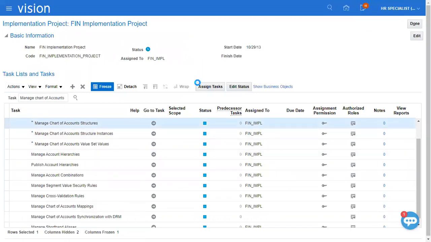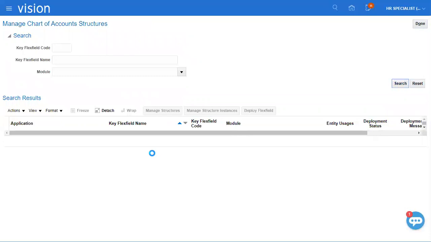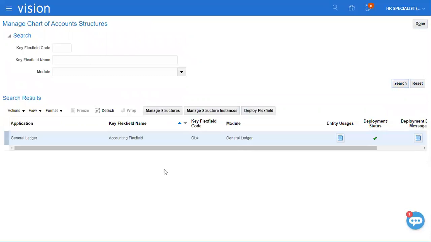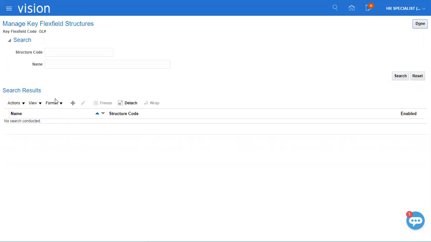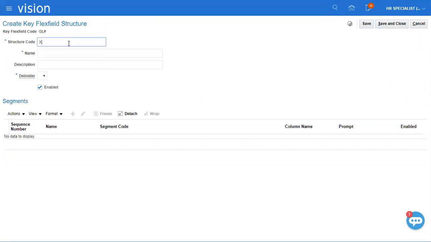We already discussed the key flex fields, descriptive flex fields and value sets on our website, and you will also find that in our application. So let me go and create a structure here. I'm creating a new flex structure, key flex field,